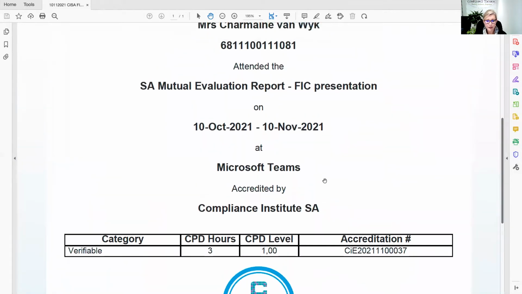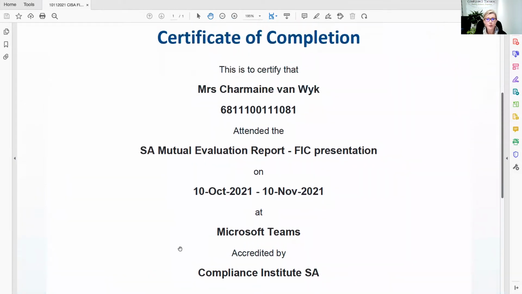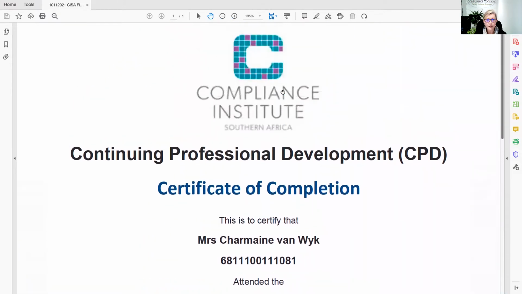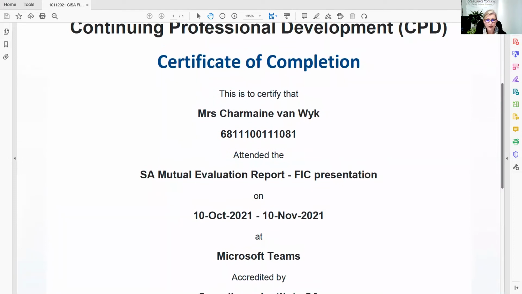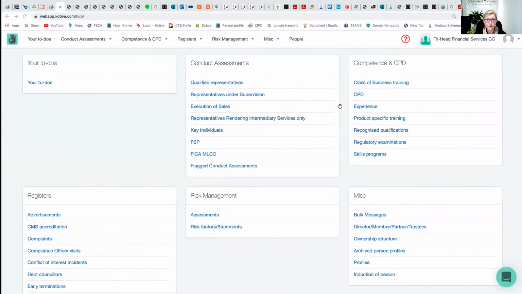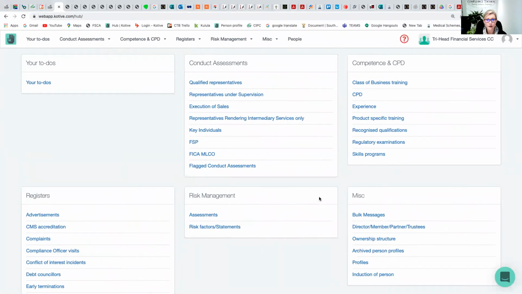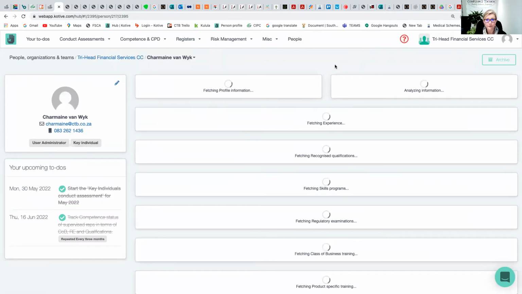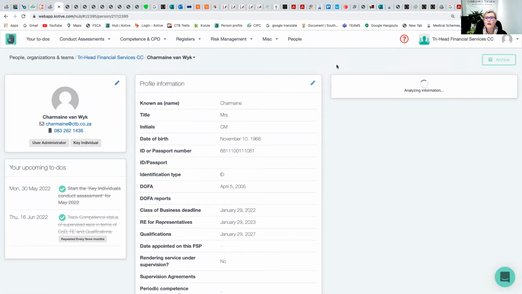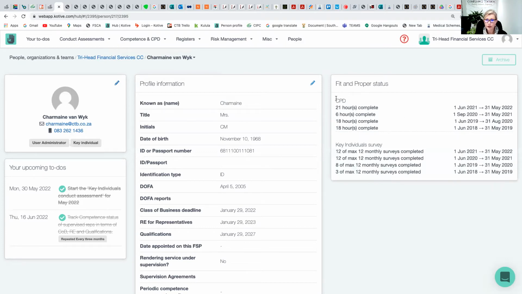Right, now I'm going to be demonstrating the upload of certificates. So the first thing that's important is to open your certificate so that you can actually see the content of the certificate, and then also to be logged into the Kotive system and to have your personal profile on the system to be able to view that. Right. Just to bring something to your attention, the top right-hand side of the page consists of a gauge that gives us